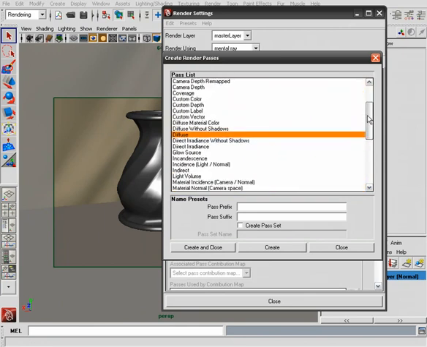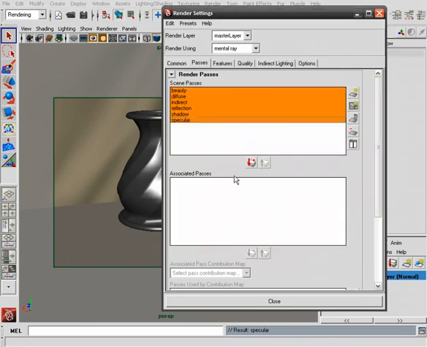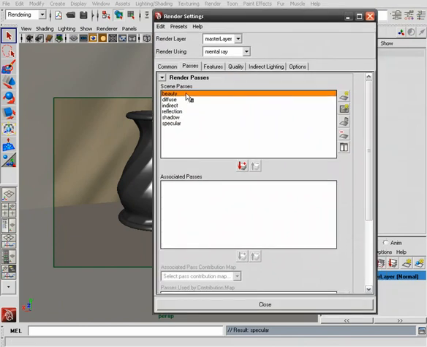Once we have this, let's also write out an indirect, which will calculate all the final gather and global illumination information. Once that's done, we can create and close. Now we have these different passes available to us. Right now, if we were to hit render, we would not be able to utilize any of these passes, because what we have up here in this scene passes area are just the passes that have been created for this particular scene. Even though they've been created, they're not going to be used,